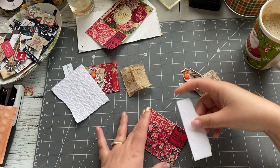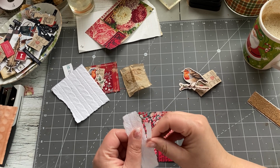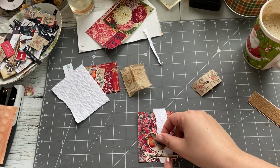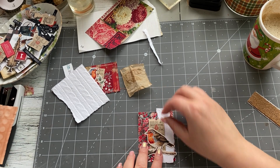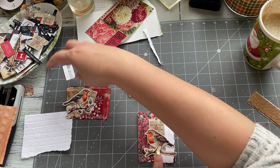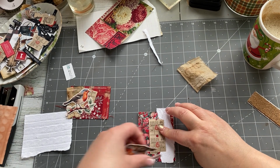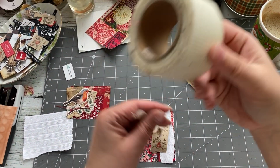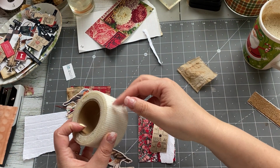We could also make this one this way. And just slowly. So it just adds a little more texture, and it's a nice little pop of white. It's like snow, right? So you could do like that. You could also add, where is it? Oh, my stuff is stuck on it. You could use some of this,